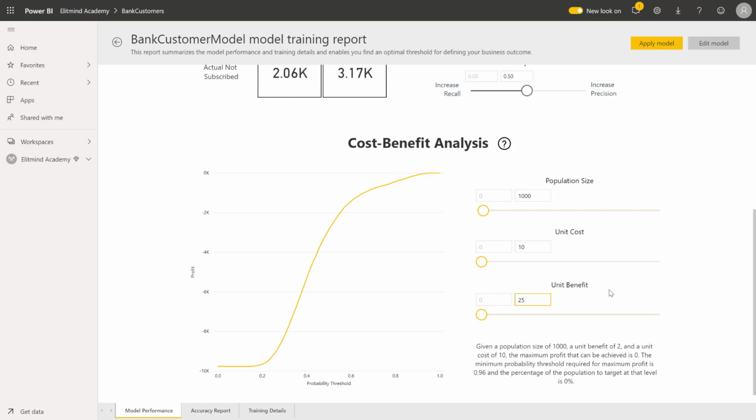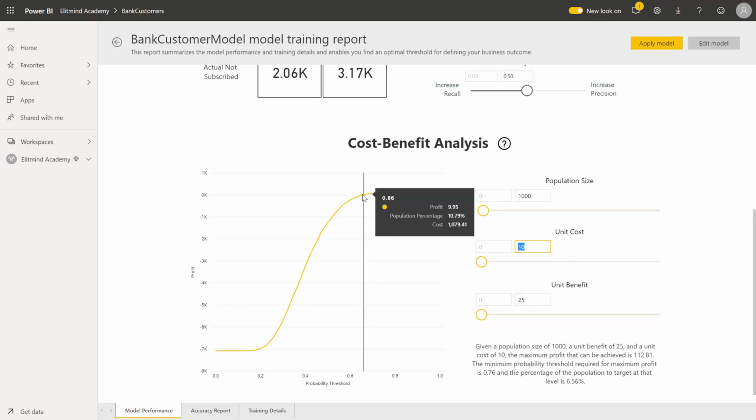Imagine this scenario. So in this case, I see the chart reaches its maximum somewhere here where the profit is the highest, and the population it covers is something like 7.5%, and the cost is higher than